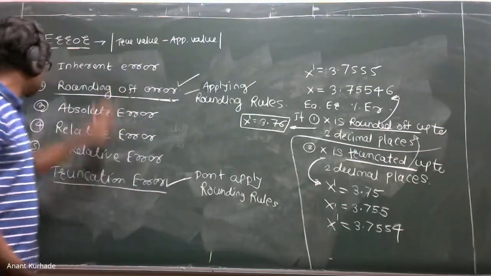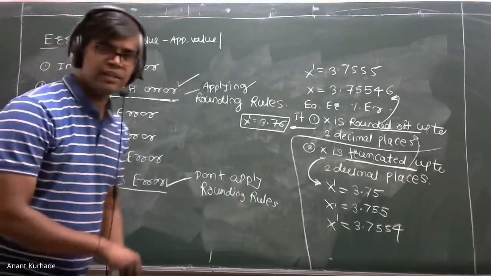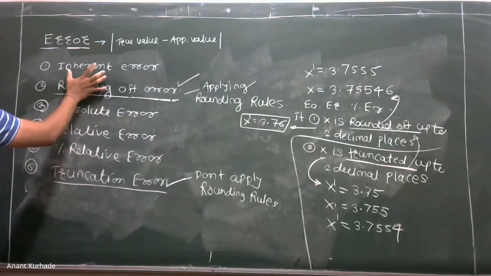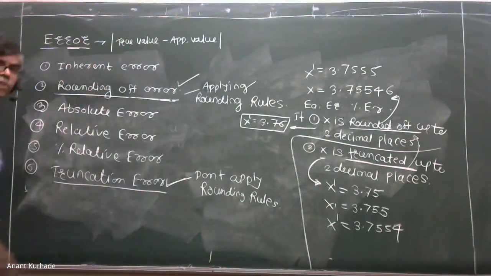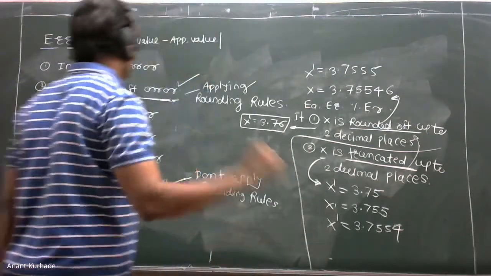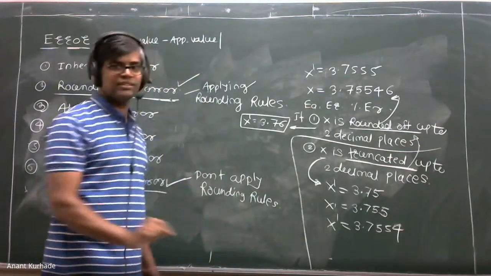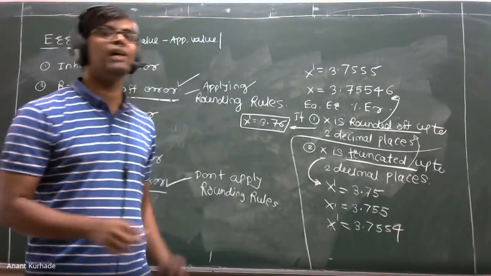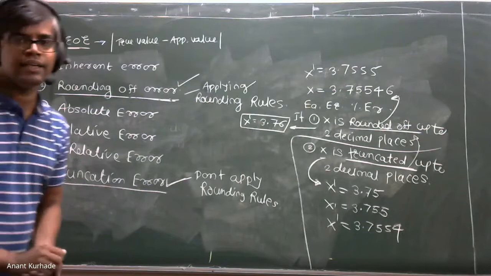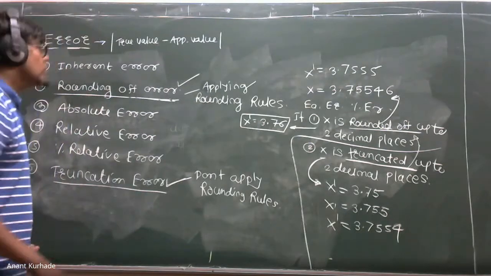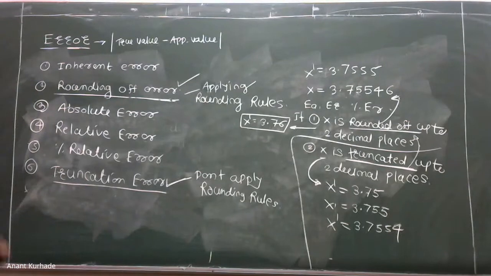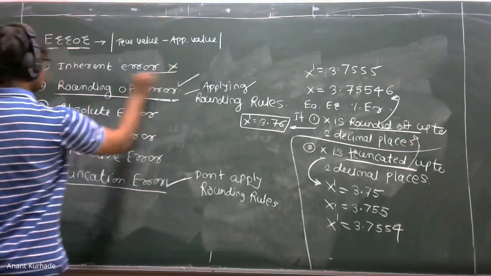So these are the 6 types of error in the 2015 pattern. In the syllabus we have these 6 types of error. In that first chapter, it is given only as errors, but we have to take these errors 1, 2, 3, 4, 5, 6, and numericals are mentioned. So we have numericals on these 6.